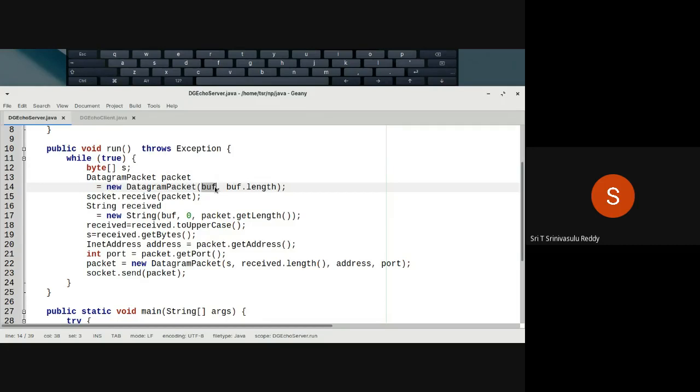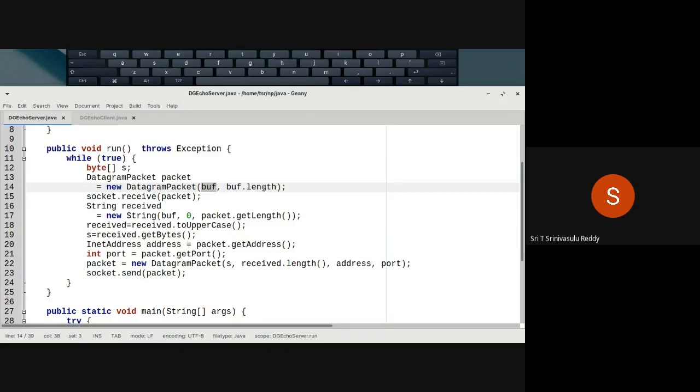This buffer can be anything, you can give any name, but this buffer should have enough space to receive the data or send the data, basically. So you specify new DatagramPacket of buff, buff.length. How much is the array size? That's what you are specifying.